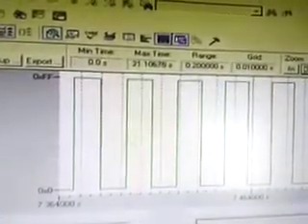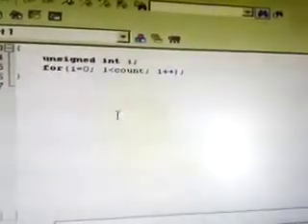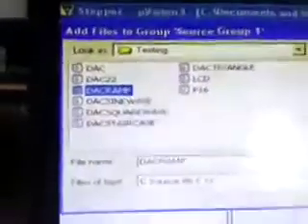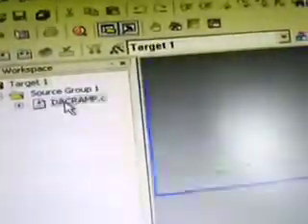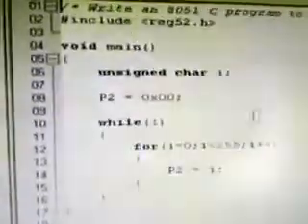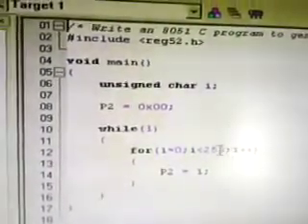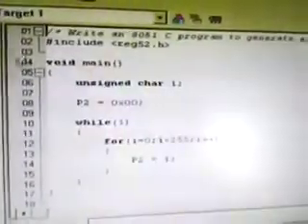for the square wave. Similarly, we have a DAC program for a ramp wherein it rises from 0 to the high value, then it suddenly falls. So I will include that program for DAC ramp. So this is the program, you can see. The value rises from 0 to 255. 255 because it is 8-bit, so maximum is 255. So let's compile this.